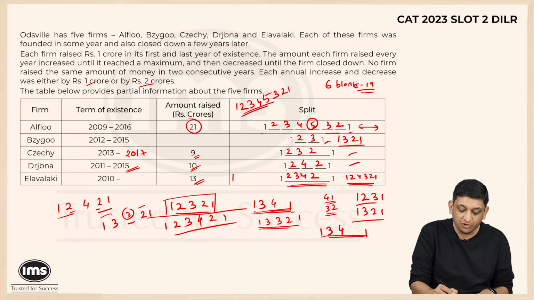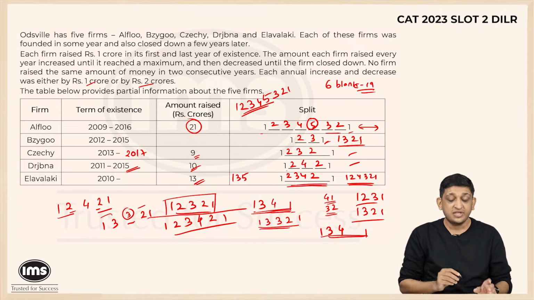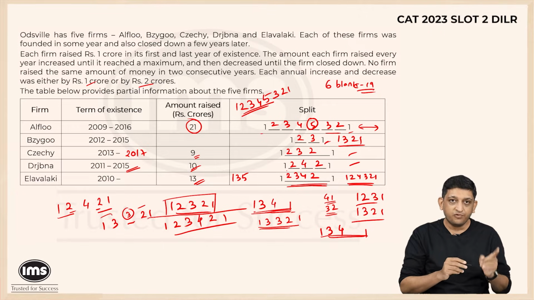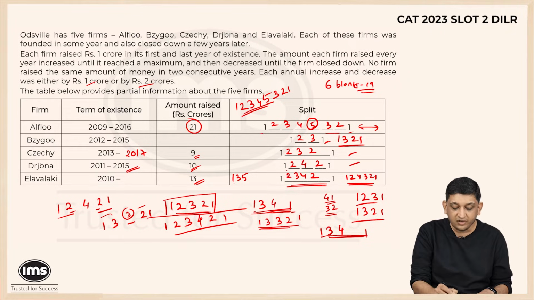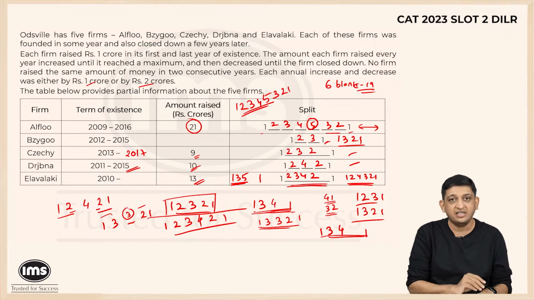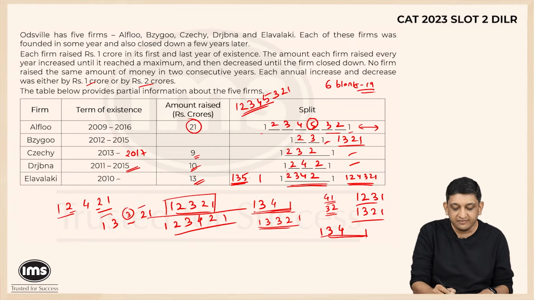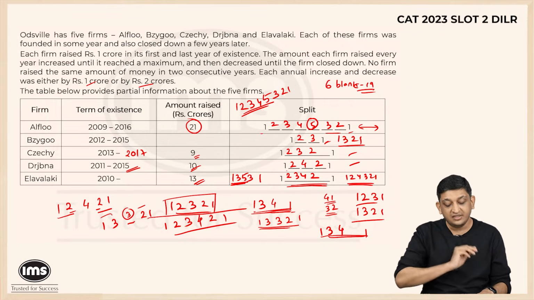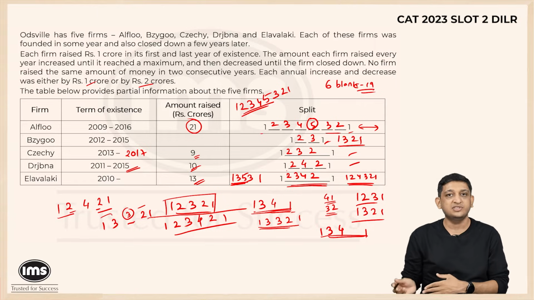Let's see what will happen if I go from 1 to 3 to 5. So I'm going from 1 to 3, 4, 4 plus 5, 9. So I've already accounted for 9 here. I have to end in a 1, so 10. I'm left with only a 3, which we can put it like this. So 1, 3, 5, 3, 1 is also a possibility, right?